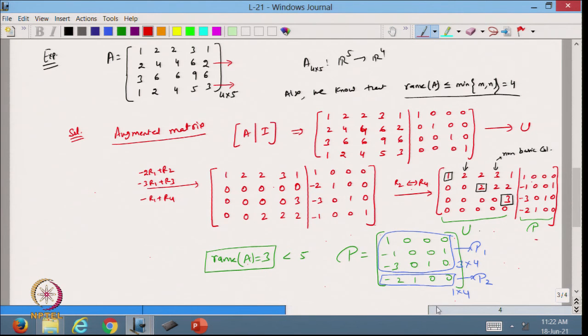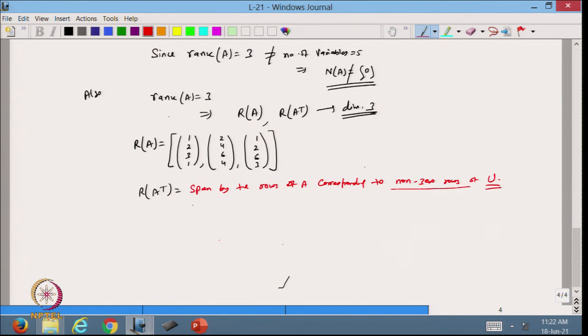From here I just have to leave my second row. So, this is spanned by the element 1, 2, 2, 3, 1. I am just writing in the form of columns, or maybe you can also write as a row vector. So, span by 1, 2, 2, 3, 1,